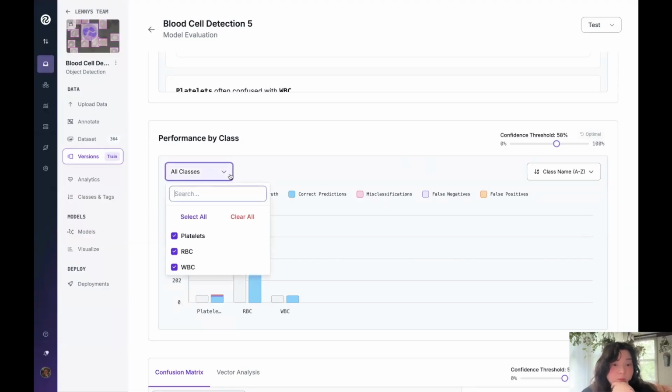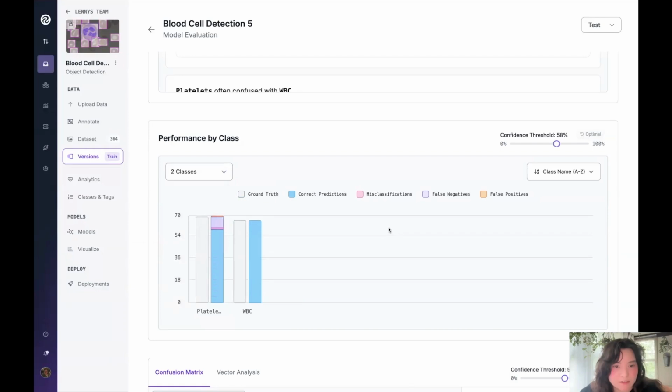You can also filter by class. So for example, you can see that RBC has a lot of instances and kind of dwarfs the other classes here. So if you want to look at classes in detail, you can deselect and it'll rescale so you can see some of those stacked bar charts in detail and understand how many instances there are for this platelet, even though there's not a lot of